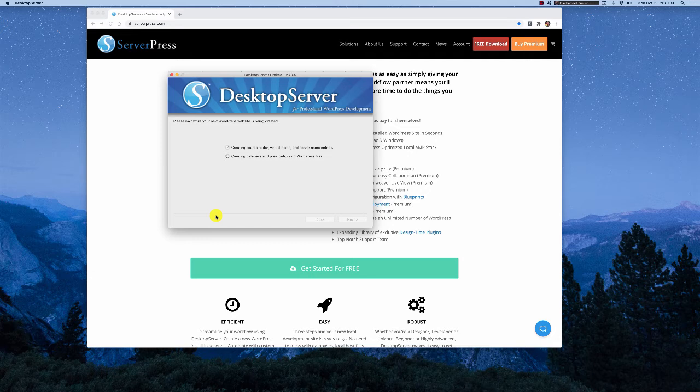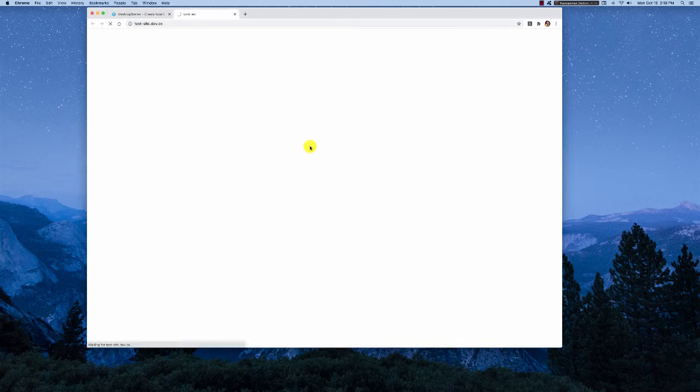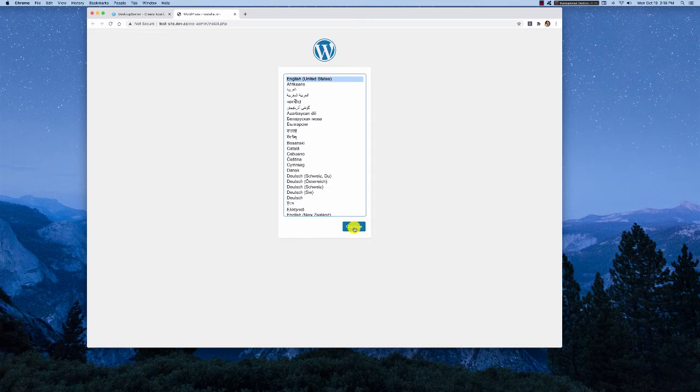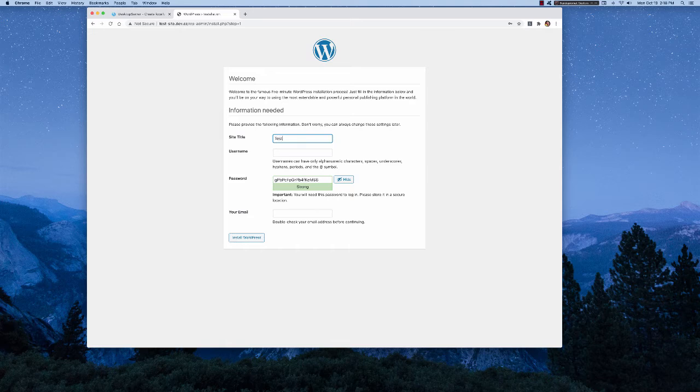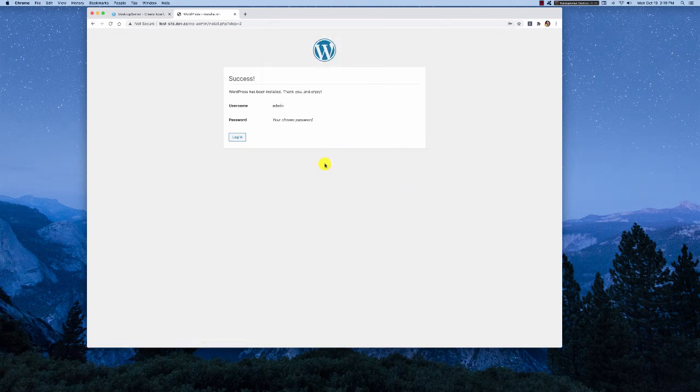Okay, creating database. All right. Okay, now we get to choose a language and my site title. When I'm just using it on my local computer, I use a weak password, and confirm the weak password. You click on your email and then you install WordPress. Okay. There you go. Now you can log in,